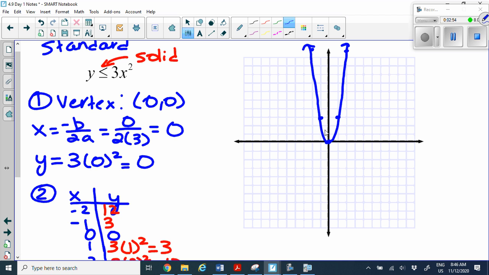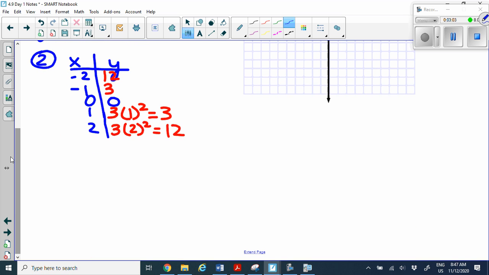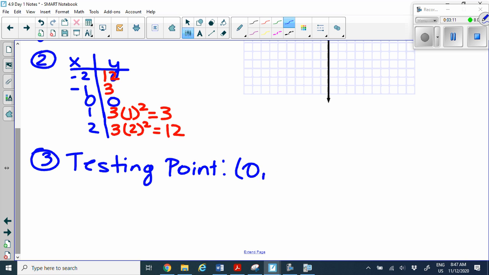I'm going to go ahead and use 0, 2. Okay, 0, 2. So that's like up here. Okay, so let's use that as my testing point. So now 0 is an x and 2 is the y value. So you plug this in